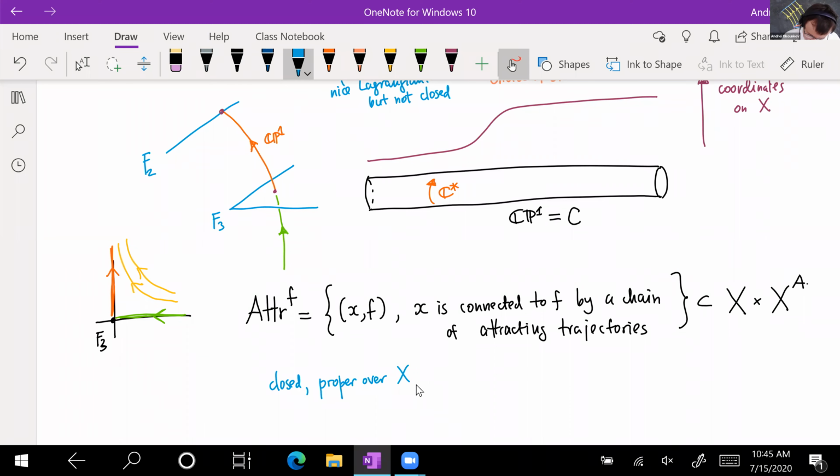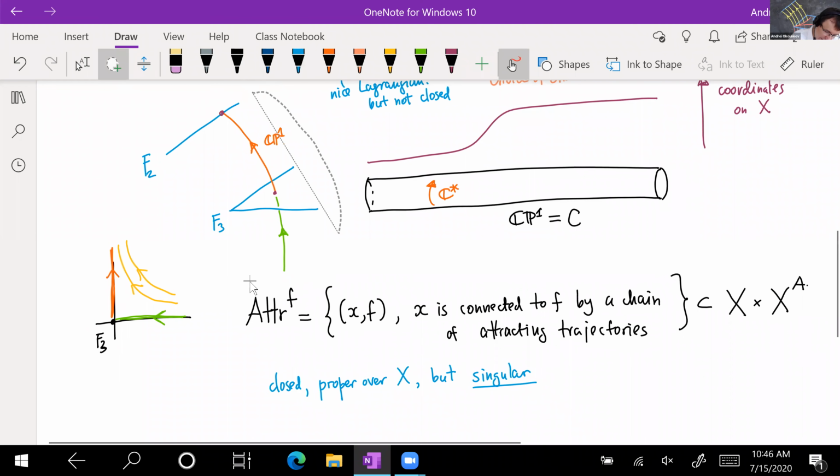And so, but it is singular. I mean, it's a singular Lagrangian in the sense that if you look at its smooth locus, it's a Lagrangian, but it is a singular algebraic variety. So maybe the picture to have in mind is that if I have something like this,